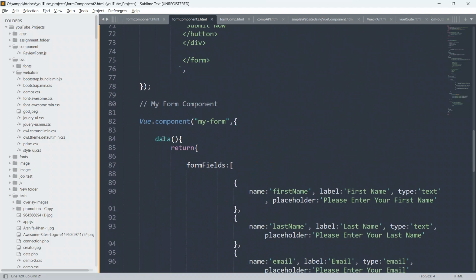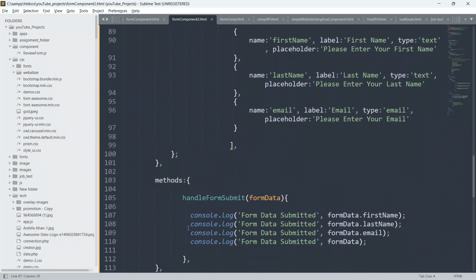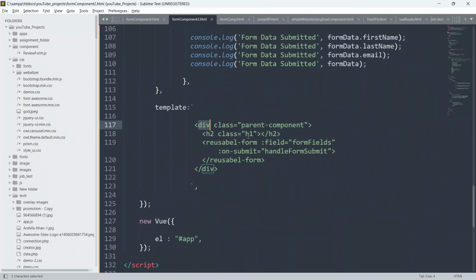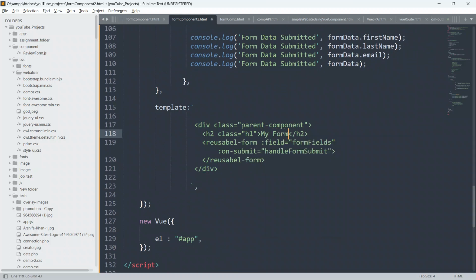So the data function will return all the properties, so return, and form fields, and it is an array, methods, so template, div, and h1. Give my form here, my form, so save, and reusable form,